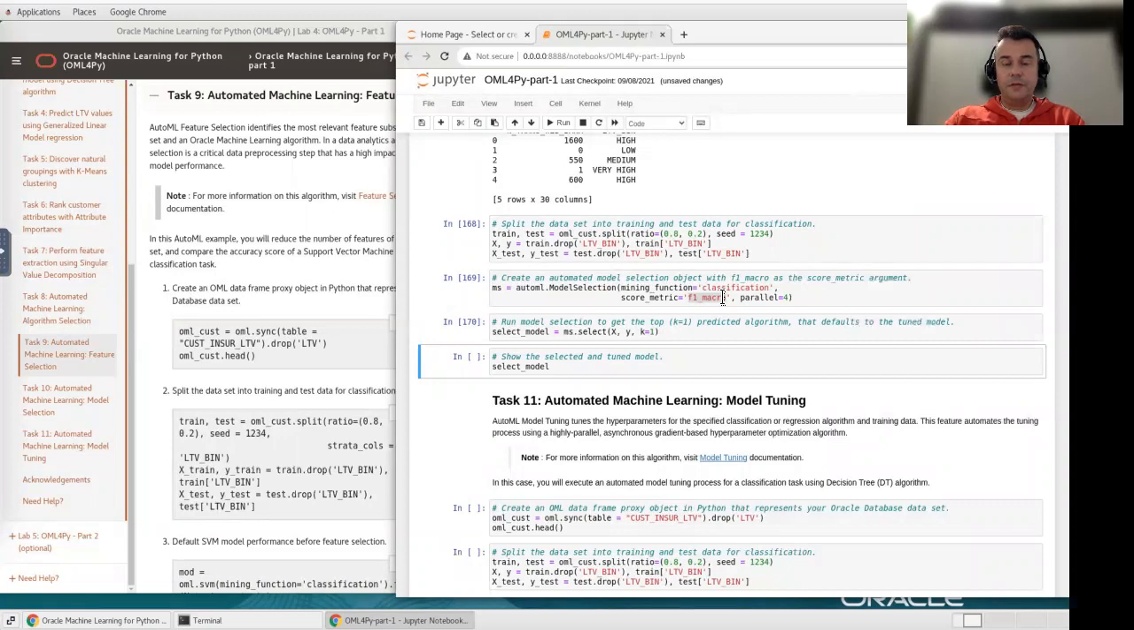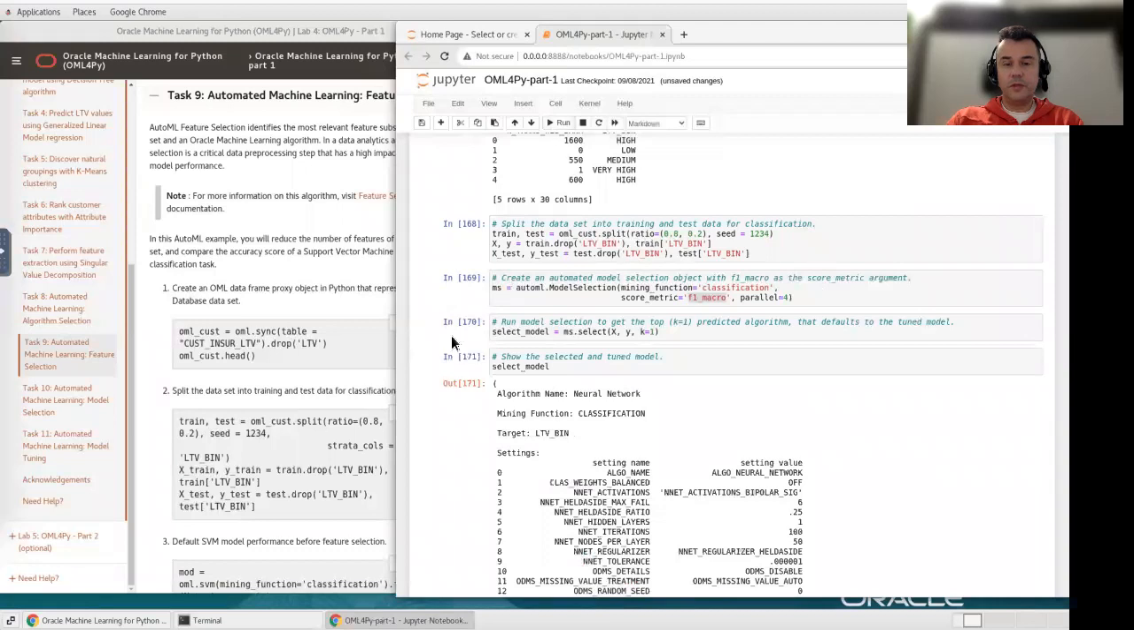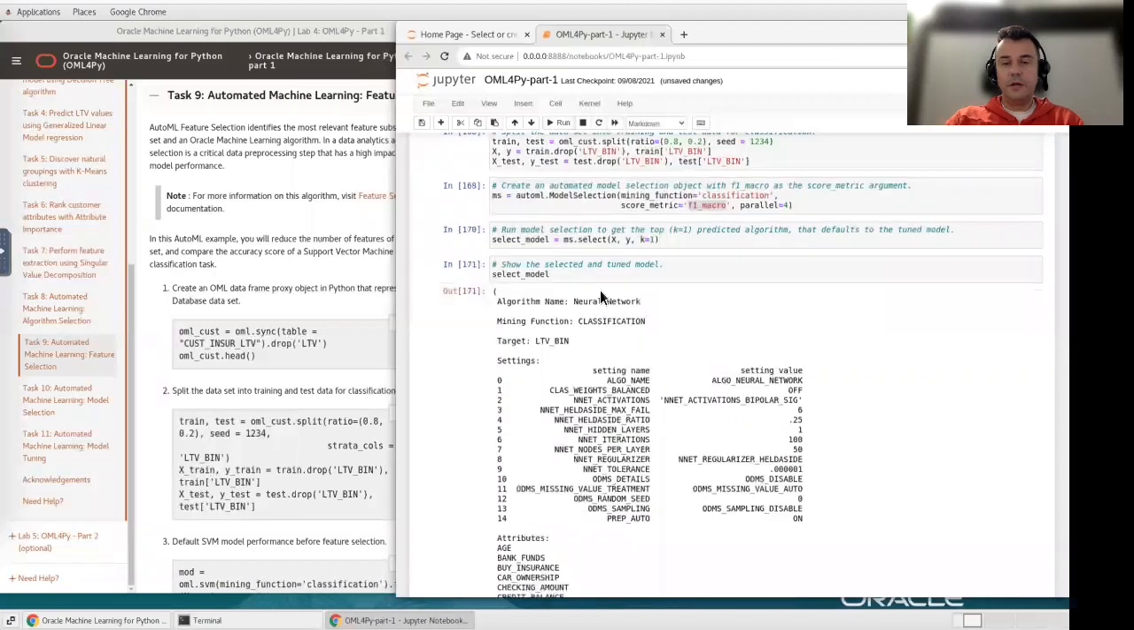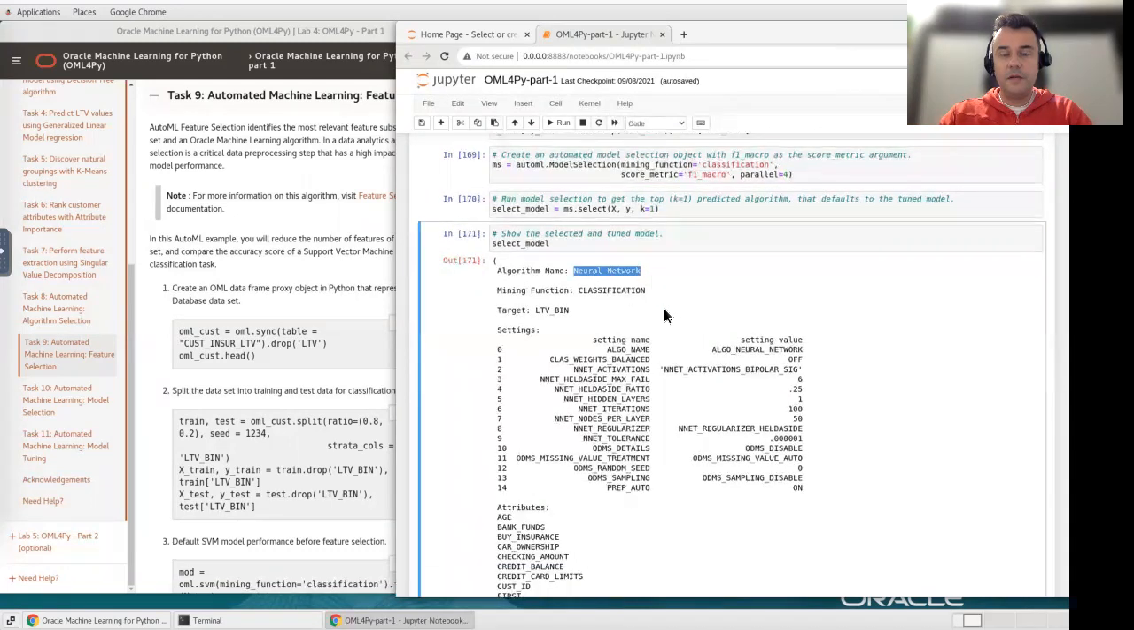And here it is. The task has finished. I have the model, the best model, and now I just need to show it, just to see the best model. So for classification based on the macro F1 scoring, the best model is using the neural network algorithm, and